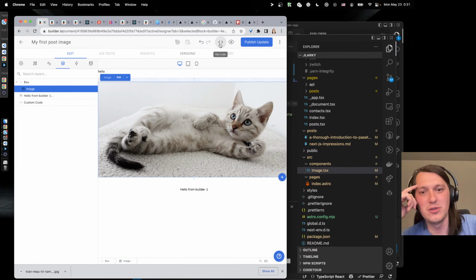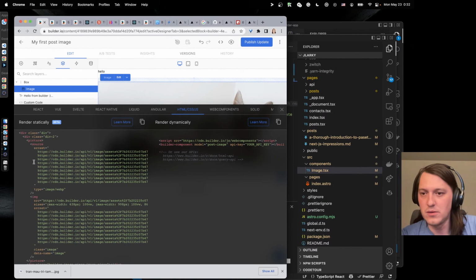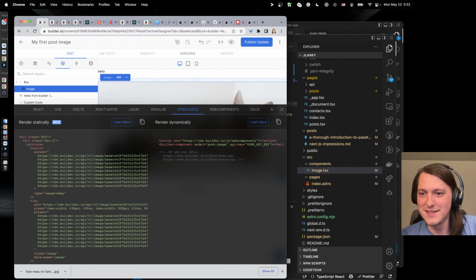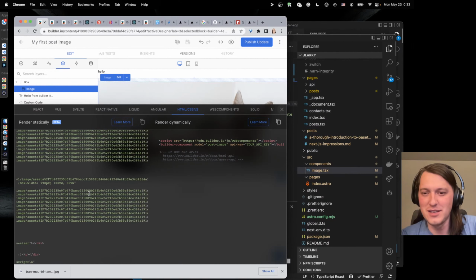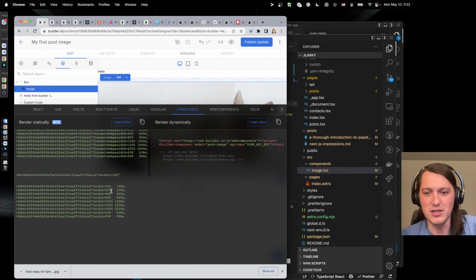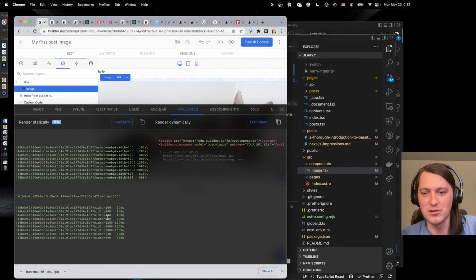So I think what I would do, if I have a picture like that, I can get the HTML, right? So I just copy this stuff, get rid of the things that I don't need. For example, if I'm not going to support images more than 800 what?